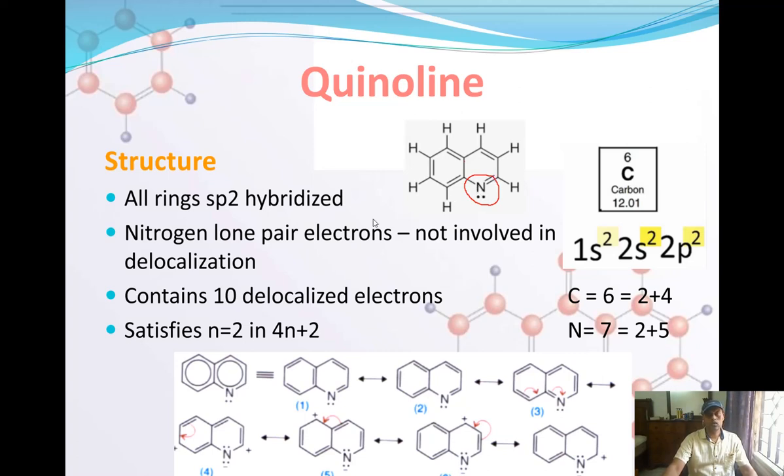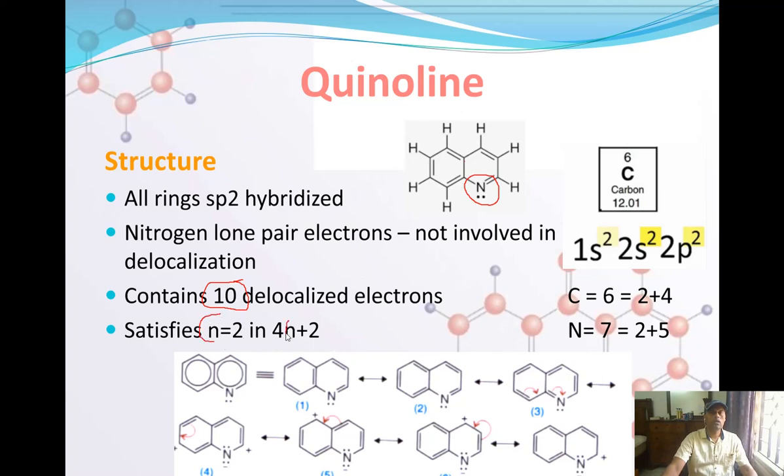Each atom has a total of three sp2 hybridized orbitals, and there is one unhybridized p orbital. All of these unhybridized p orbitals, including that of nitrogen, will have one electron in each. So in total it will make 10 delocalized electrons, and because of these 10 delocalized electrons, in Huckel rule,